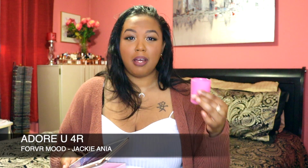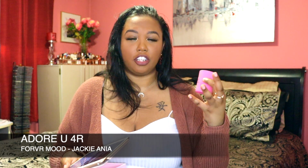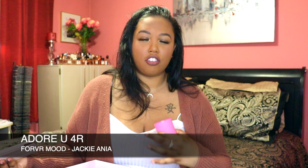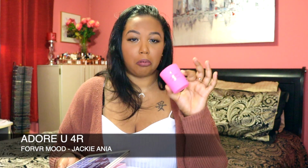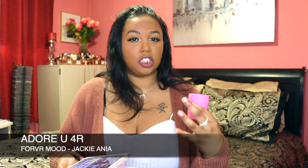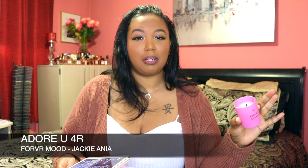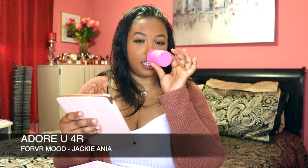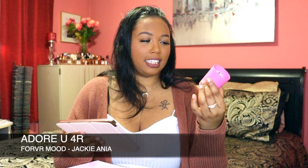Out of all of them, it starts out very citrusy. You kind of have that strawberry, you have the citrus notes, and then you have that bubbliness of champagne. But then once you start burning this, it definitely gives you that sexy plum and then that musk. So it definitely goes down to a deeper, smoother scent, versus the rest of them kind of give me a tropical scent. But this one, Pheromones, gives you that sexiness,